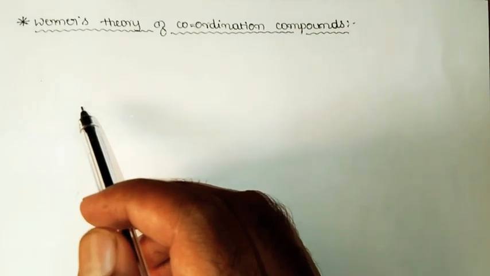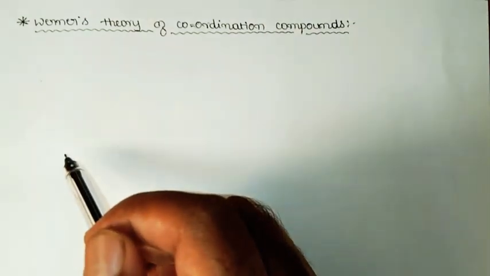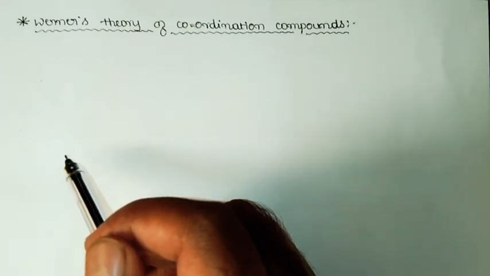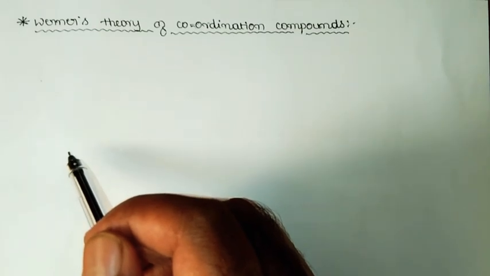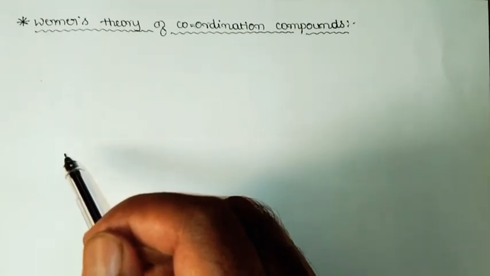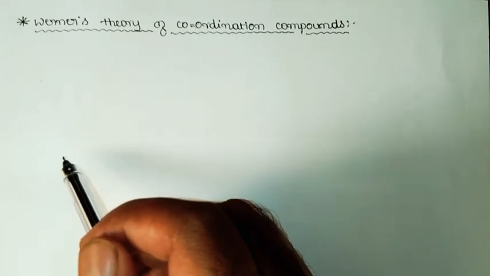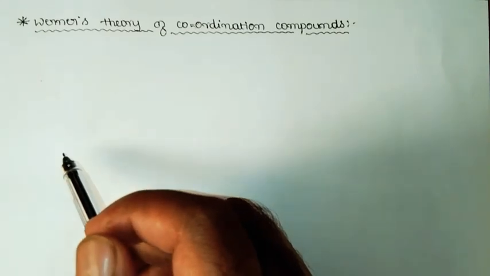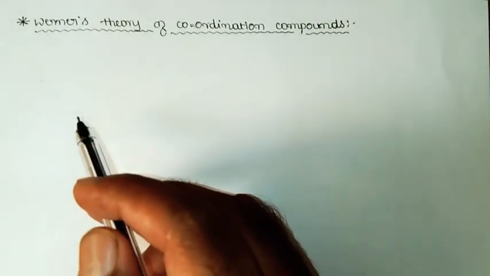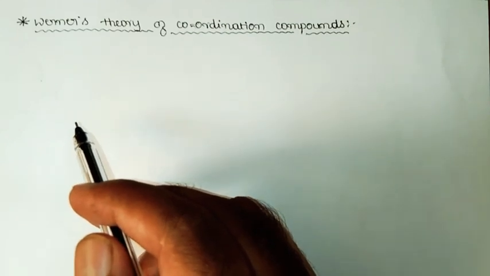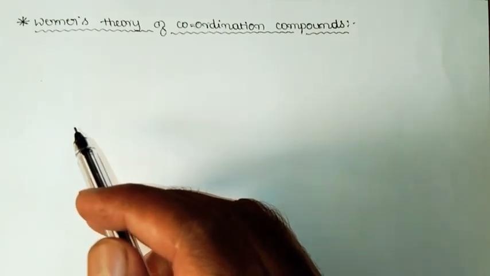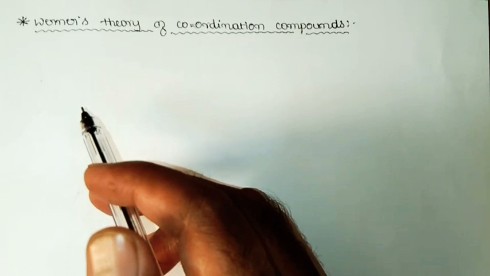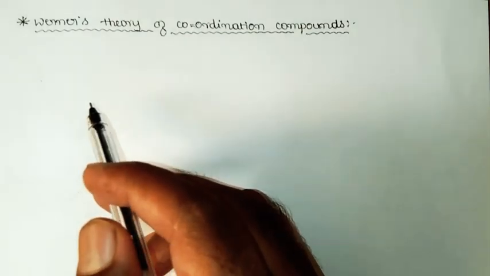We know that when a certain definite number of ligands approaches the central metal ion, each ligand will donate a certain fixed number of electron pairs to the central metal ion, thereby developing a coordinate bond between the central metal ion and the ligands. So in order to explain the formation, and once the ligands attach to the central metal ion, how the ligands will orient in space, so that what kind of geometry the formed complex compounds exhibit. In order to explain all these things, in the year of